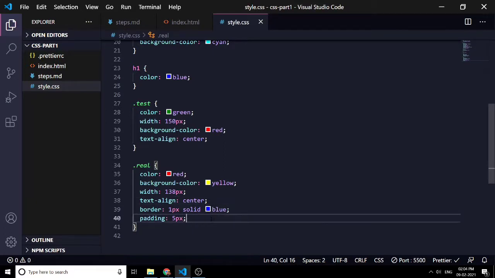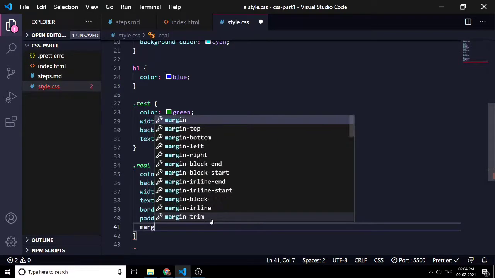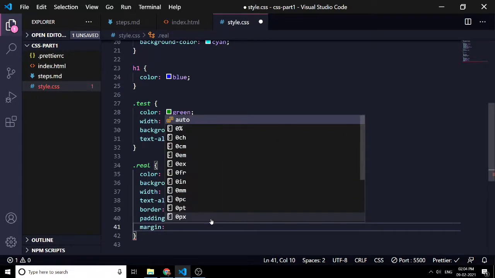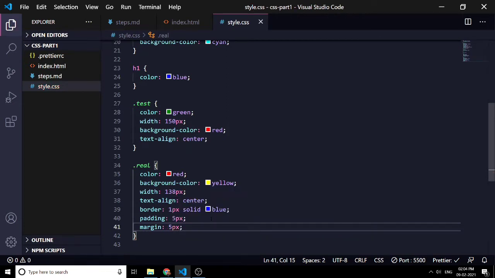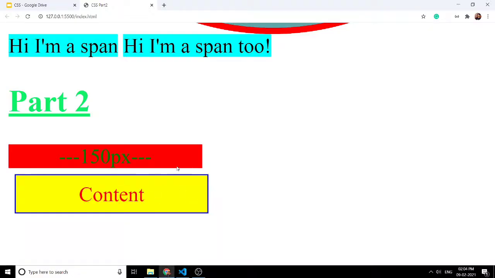So let's talk about margin now. If we give a margin of 5 pixels, then the margin is around the rectangular box, or you can say from outside of the border. So you can see that now we have a margin of 5 pixels on all sides, that is in the left, in the right, in the top and the bottom. So again our width is the same, which is 150 pixels of this rectangular box, but now it has a margin, so the total dimension changes from 150 pixels to 160 pixels.